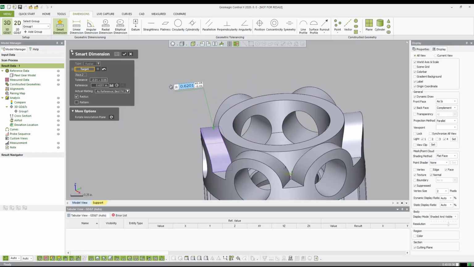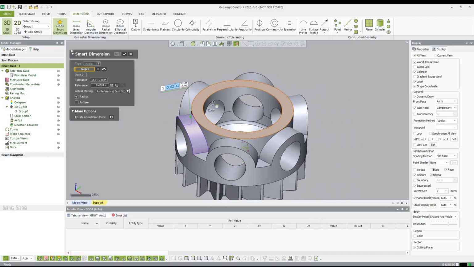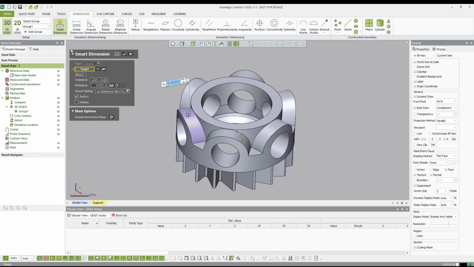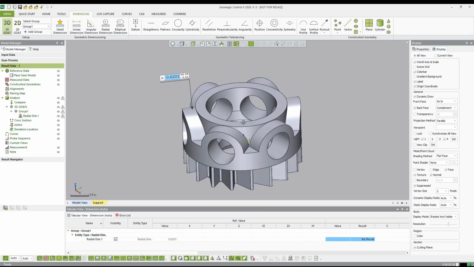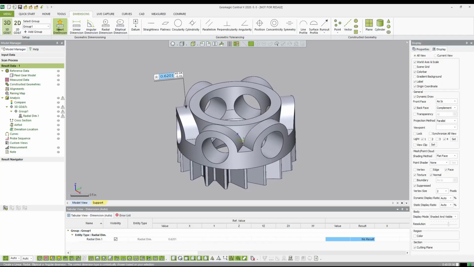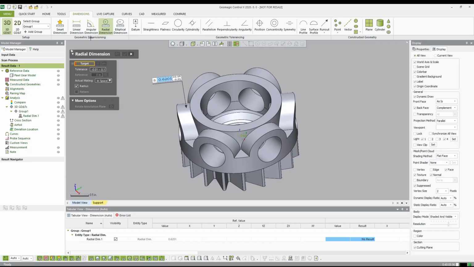So then what we could do is change what we want to do on the fit of these things. Maybe they're all the same, maybe they're all different, but let's show you another one here, just in case. So what I actually like to do, I tend to use Smart Dimension if I need to grab a lot of different features. A lot of times if I'm grabbing all the same feature, I just use Radial. So the one thing I like about using these dimensions from Radial a little bit better,